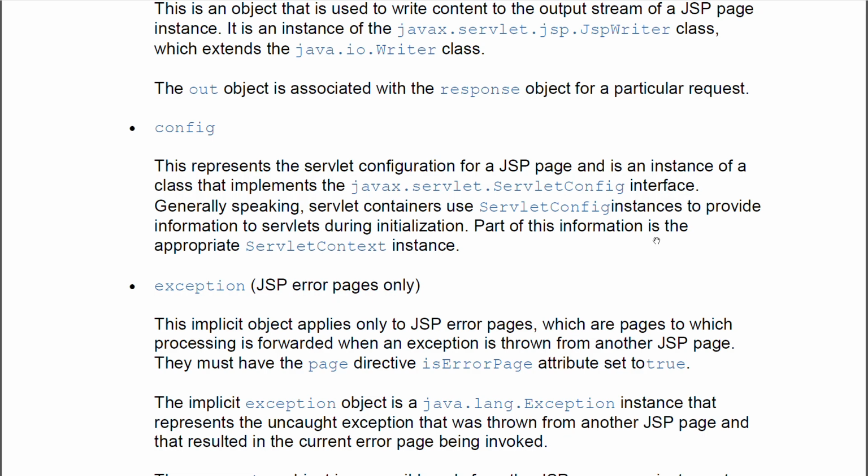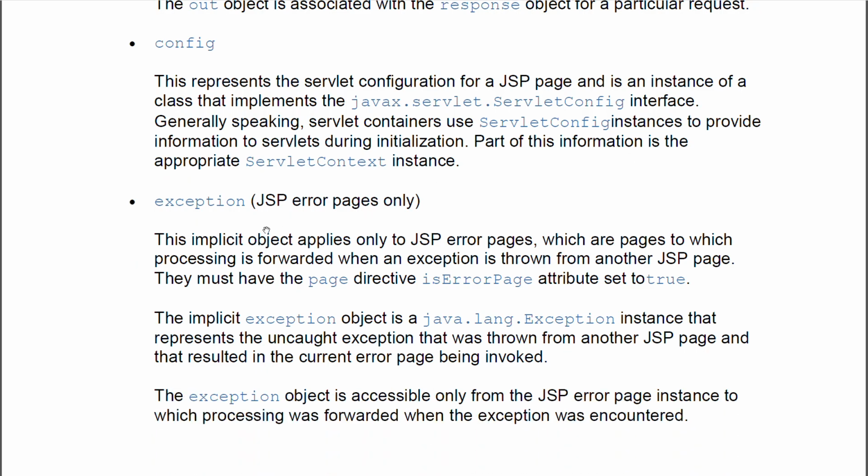Next, we have an object named exception. This object exception is accessible only on JSP error pages. The page that we have defined to be an error page, only there we will be able to access this exception object, and that can be done using the page directive. We will see that shortly.